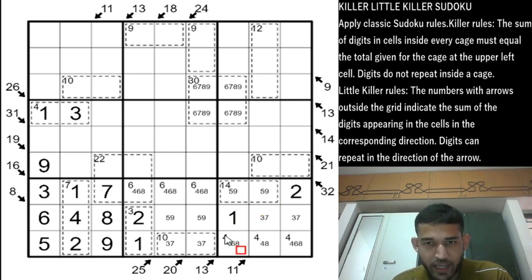So this will again be 2 plus 3 is 5 and it has to be an 8, or 7 plus 2 is 9 and it has to be a 4. So this can only be a 4 or 8. We can remove the 6 from there. So this gives a 6 here. I'll just remove the corner pencil marks now. This can be removed. Right? I hope you're able to follow until here.